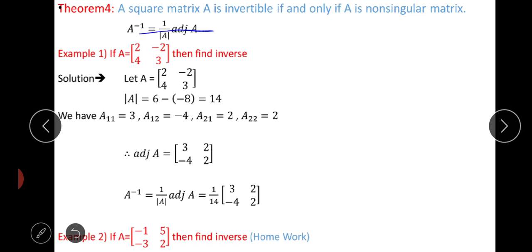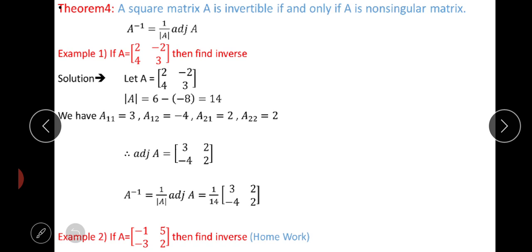And the reason I told you adjoint of a matrix is used to find the inverse of a matrix. Yes, and this formula is important. I also told you what is a singular matrix and what is a non-singular matrix. If you know these two definitions, singular and non-singular, you can solve the problem depending on this. Okay, let us start the example.